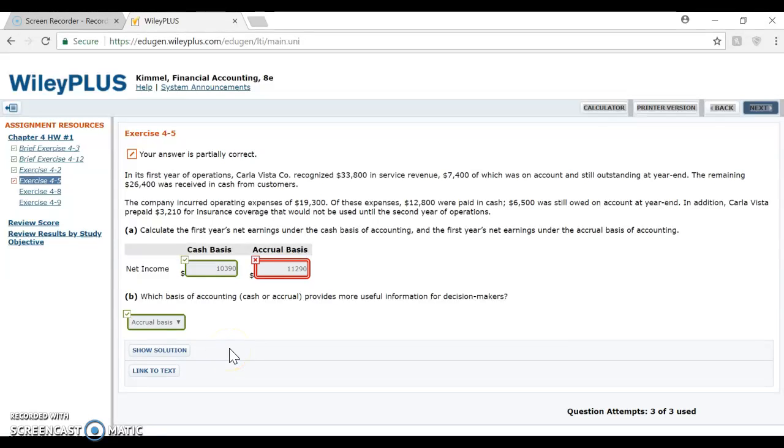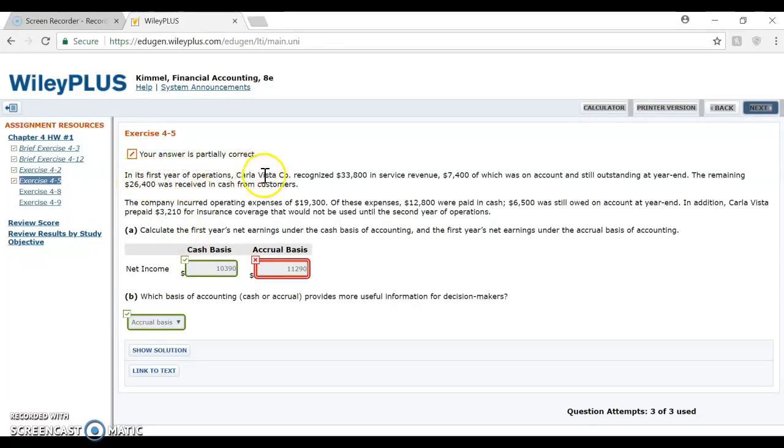So the problem that I have is exercise 4 or 5. In this one, it's asking a few questions. Here in part A, it's asking us to find the first year's net earnings under a cash basis of accounting and an accrual basis of accounting. So to start with,